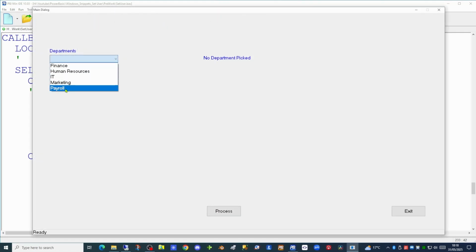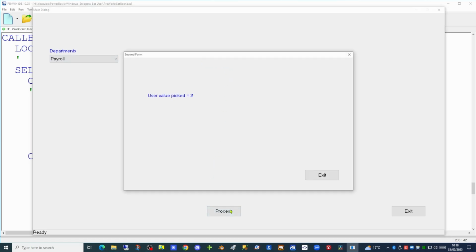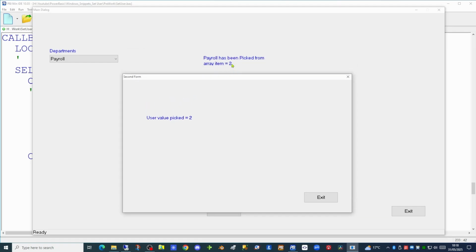So we have picked payroll, which is item number 2. We'll click on our process button, which will launch our second dialog. And this displays on screen the user value picked is 2, which is a value we had from our initial form. So in summary, what we've done today is we have taken a standard combo box, stored some string information